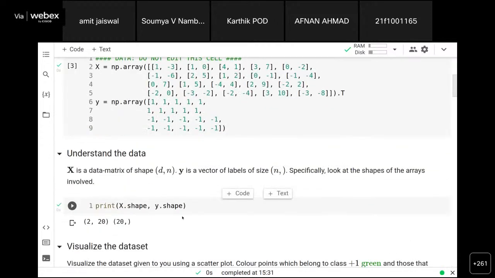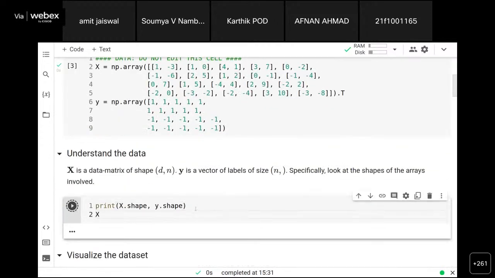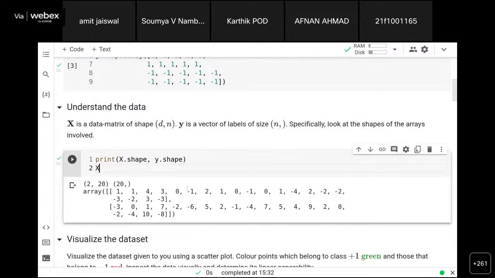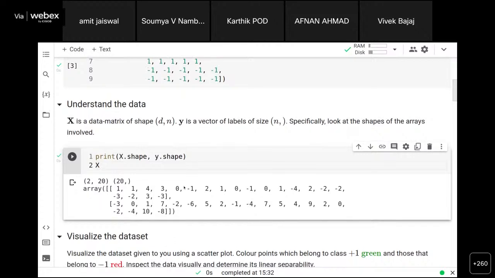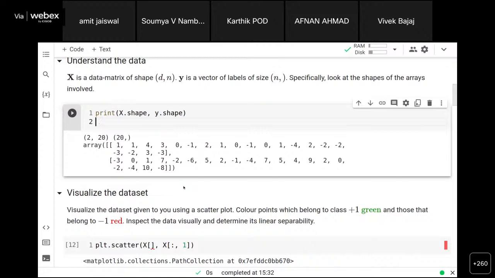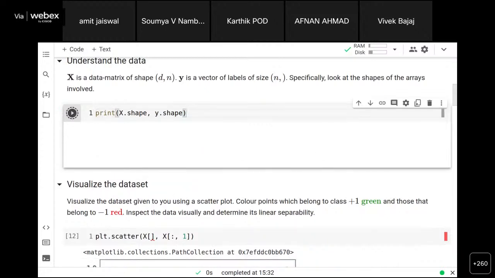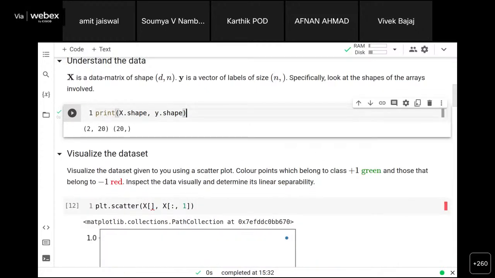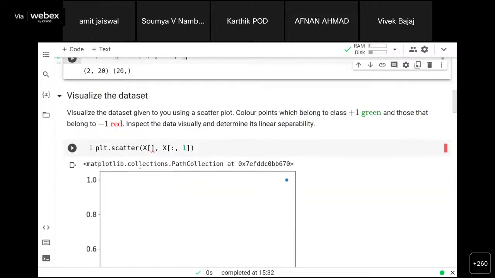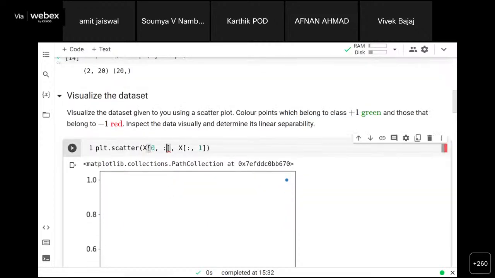Just 1 second, I'm getting a bit confused. That's right, it should be 0 comma colon. I think it's the transpose of X as well. It's D cross N. Okay, you are right. 0 comma colon and